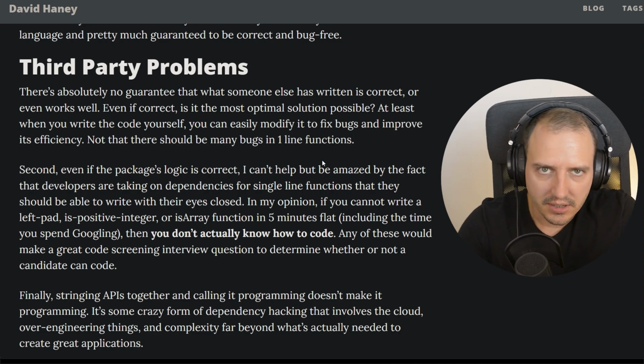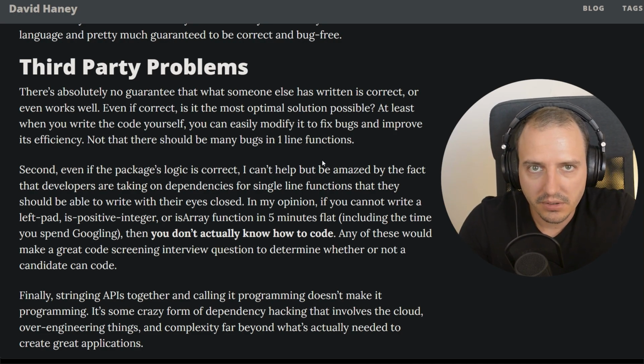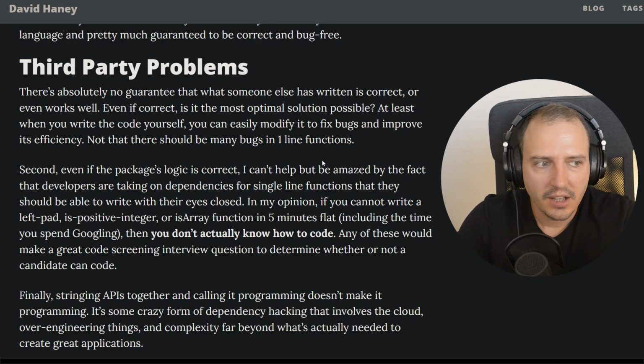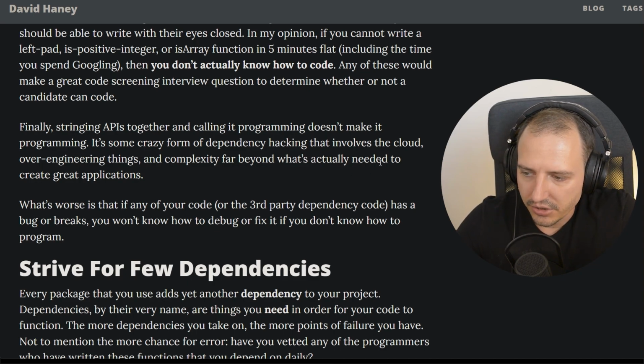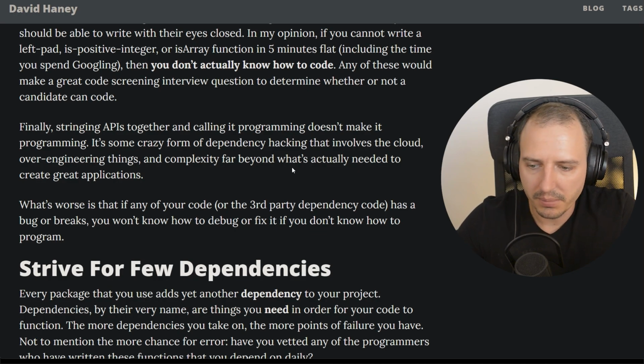I will do that instead. You know, this is the experience you can't buy or you can't just trim together. Stringing APIs together and calling it programming doesn't make it programming. It's some crazy form of dependency hacking that involves the cloud, over-engineering things, and complexity far beyond what's actually needed